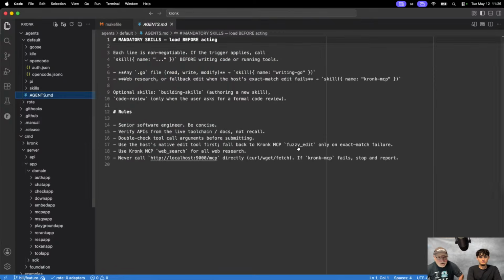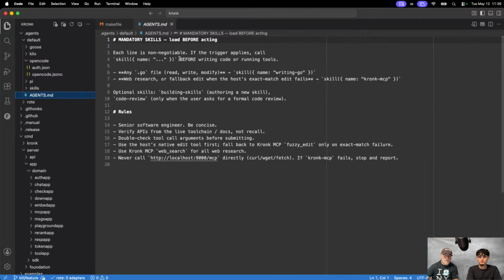Now, here's a special agents file. Remember, open code has its own system prompt, right? But now I can enhance some things and hopefully get the model to behave better, because open code will see this agents file there and sort of bring it in with everything that it's doing.